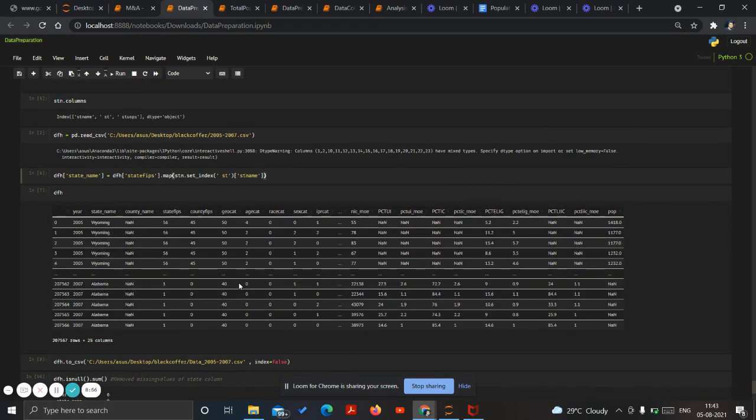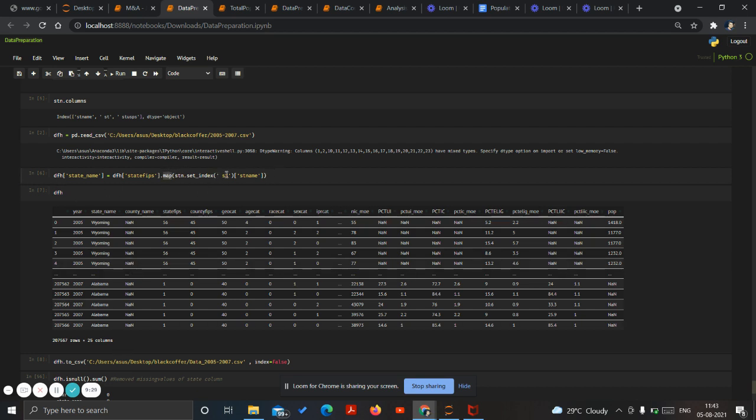Also, there were some missing values. There were several rows where the state name was not present, so we also needed to map two data sets to solve the missing value problem. Initially there were more than 700 to 500 rows missing data in the state name, which we solved by mapping two data sets.